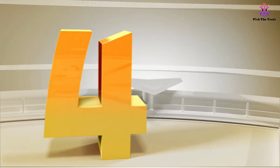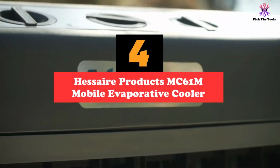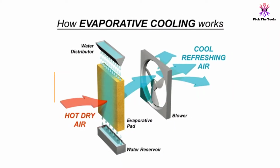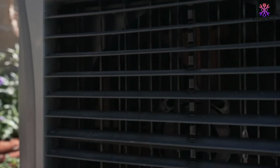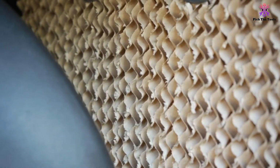Moving on, at number 4, we have the Hessaire Products MC61M Mobile Evaporative Cooler. Next up is a heavier cooler, but one that covers a larger cooling area. You will notice that the design is pretty similar to that of our previous pick, with 3 air intake surfaces and a single fan. This particular model uses a XEL50 cooling pad, which the manufacturer uses in a few of